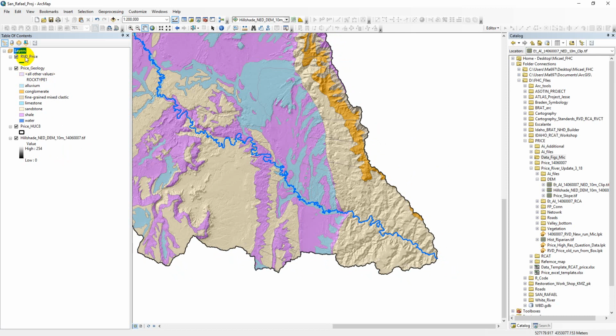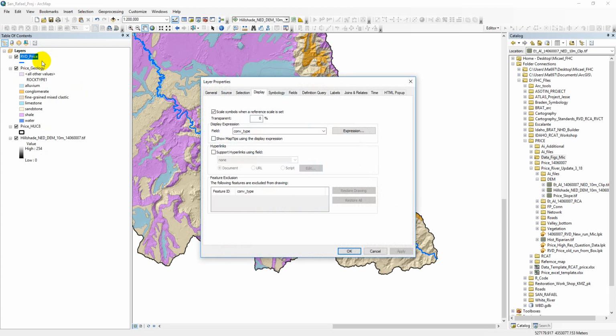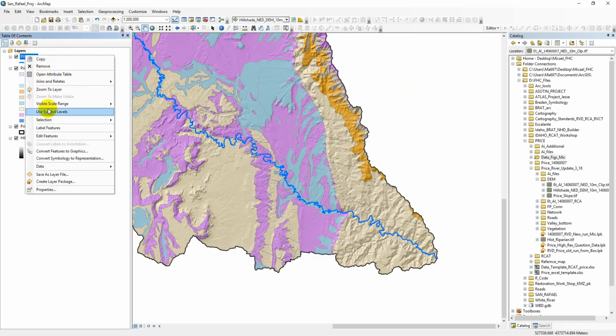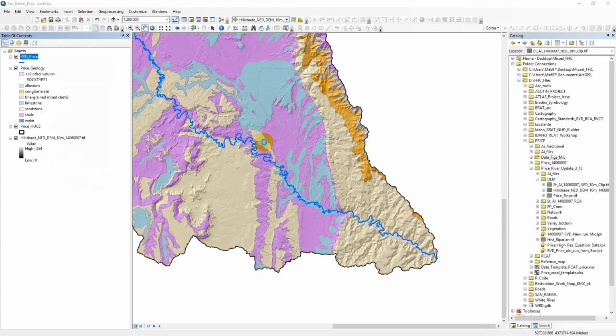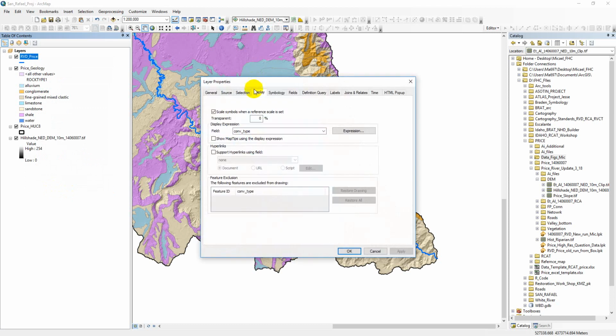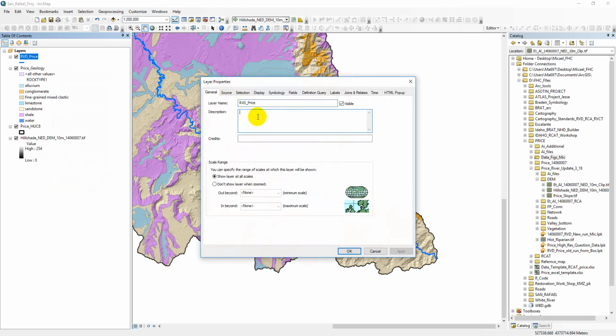So what you have to do, after you've set all your layers to the symbology that you want, is go into the properties, or you can double click. In your general tab here, in your description, you just have to fill out something. A lot of times this is where the metadata will go. For right now, I'm just going to fill in what we see here. So Price River,